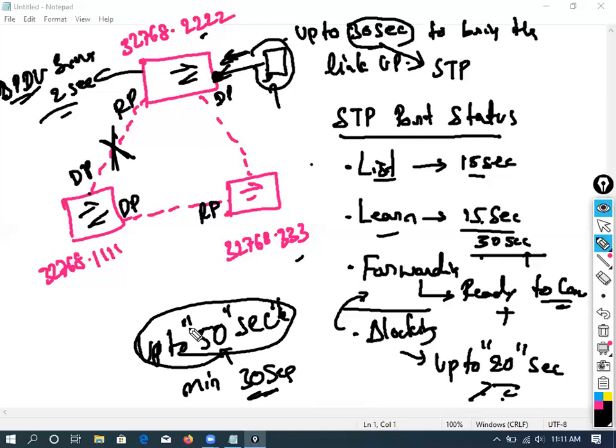So you have to count 50 seconds because you should always go for the maximum. Okay, take 50 seconds of network outage. If you have plenty of switches, 20, 30 switches, it will definitely take up to 50 seconds. Now, for 50 seconds your network is in outage. So all the industries started to fight against this STP, saying that we cannot tolerate 50 seconds, we cannot wait.